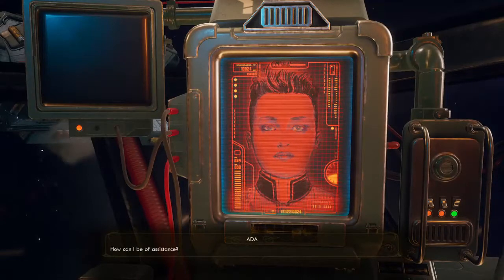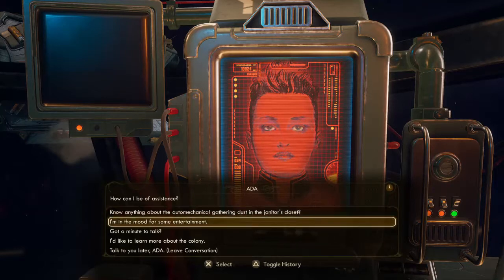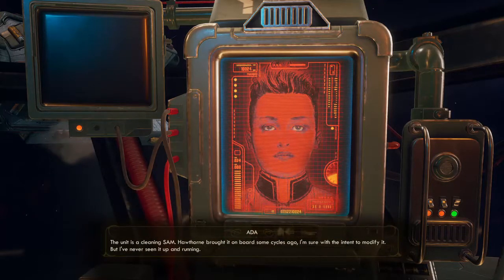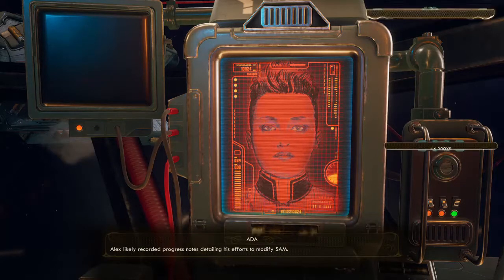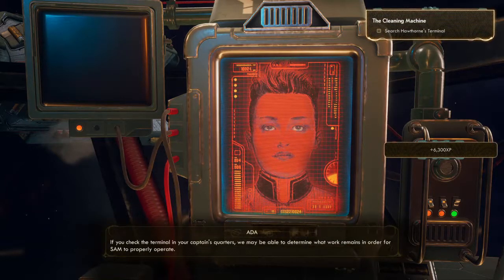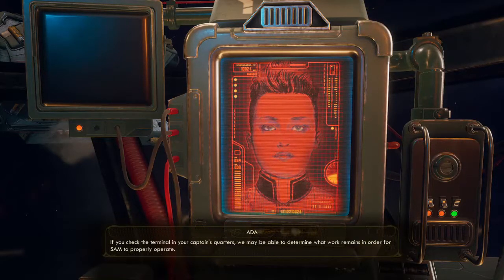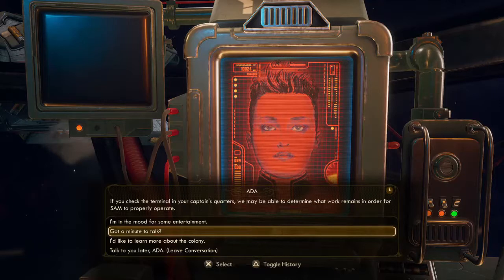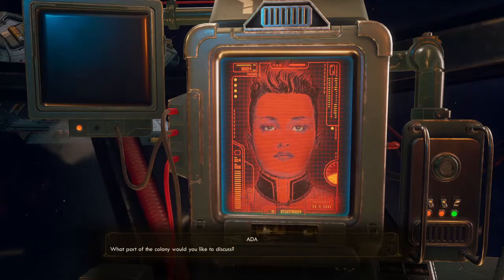Welcome back, Captain. How can I be of assistance? Automechanical gathering dust in the janitor's closet. The unit is a cleaning SAM. Hawthorne brought it on board some cycles ago, I'm sure with the intent to modify it, but I've never seen it up and running. Alex likely recorded progress notes detailing his efforts to modify SAM. If you check the terminal in your captain's quarters, we may be able to determine what work remains for SAM to properly operate. Ooh, I'm glad I went and spoke to you. I'd like to learn more about the colony. What part of the colony would you like to...